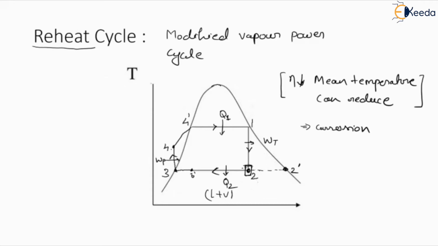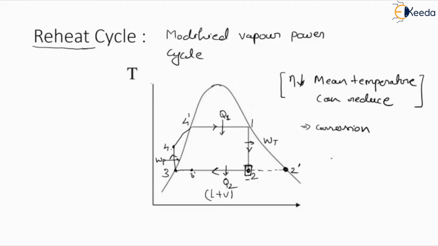Reheating of the steam, or the remaining steam which we are transferring to the condenser. That is why it is called the reheat cycle. Why? Because we are reheating this moisture, or this liquid plus vapor content, to convert it into the complete vapor form. That is why it is called the reheat cycle. So this cycle will change, and we can define this cycle on the basis of a flow diagram. You can easily understand it with the help of the flow diagram here.